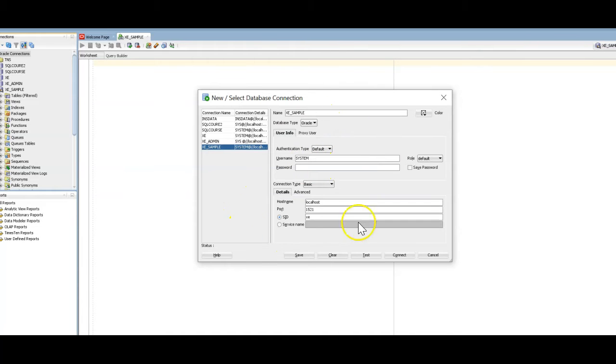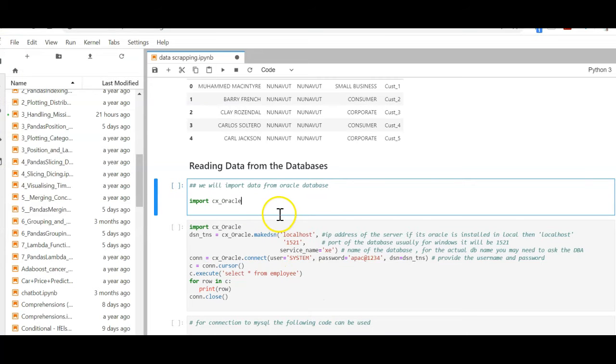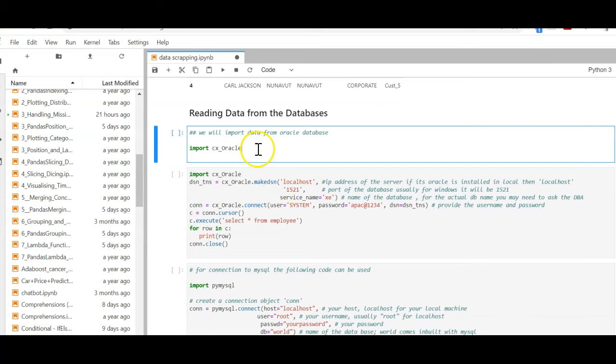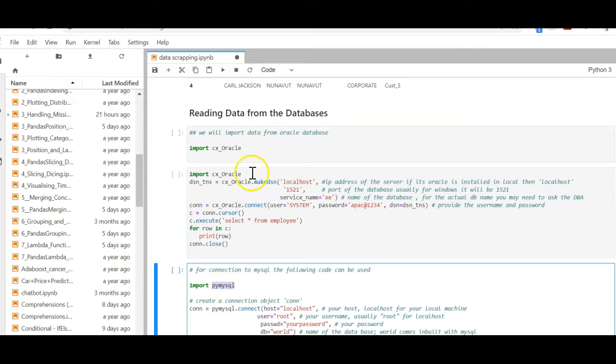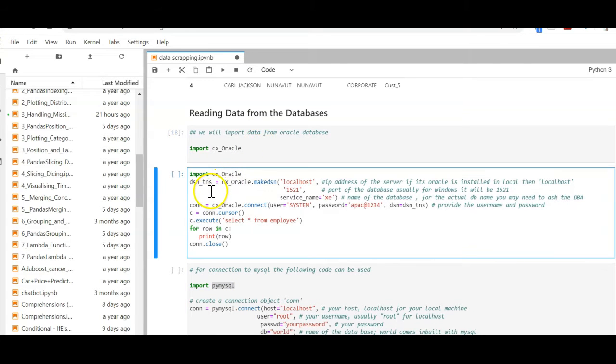So taking this connection credential into Python. For the database we have this library cx_Oracle, and for MySQL the library is PyMySQL. First let's start with Oracle. Here this is my TNS name, and localhost is my IP address, 1521 is the port, service name is XE.